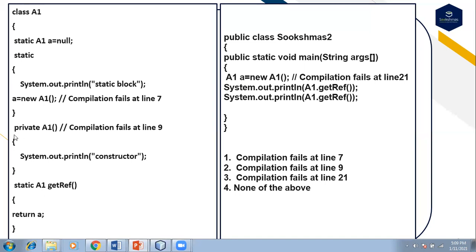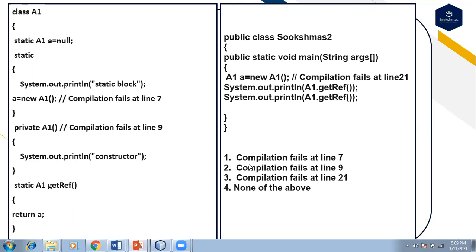The private constructor is present in a different class, so if you try to create an object for the class A1, you will get the compile time error. So here the option is compilation fails at line number 21.